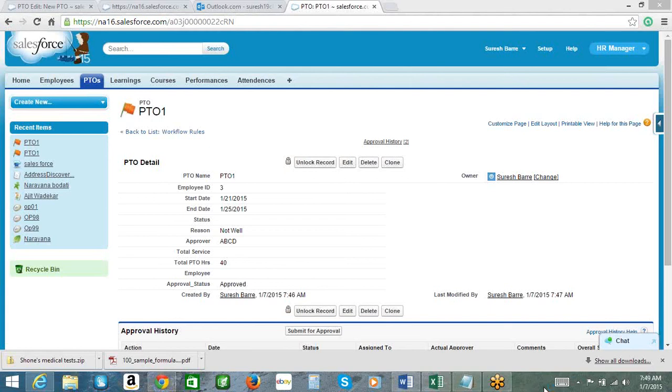Now suppose we have n number of objects and for different purposes. So every time we have to choose an object and then we have to repeat the entire process, correct? For two different objects, yeah, definitely you will have to define two different approval processes, right? So like PTO's approval process will be different from the learning's approval.